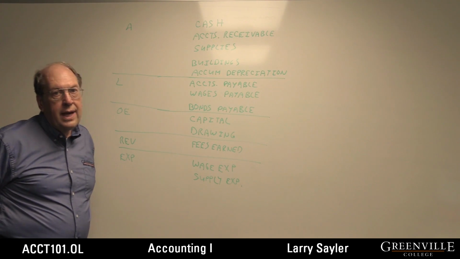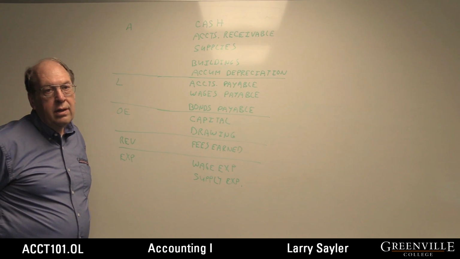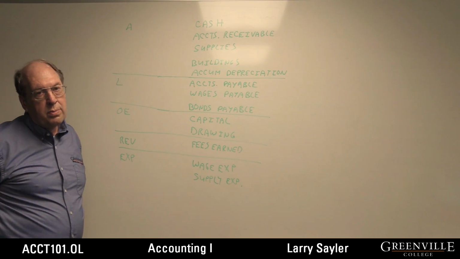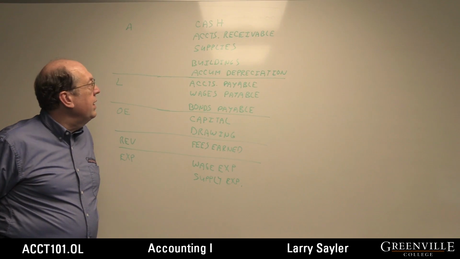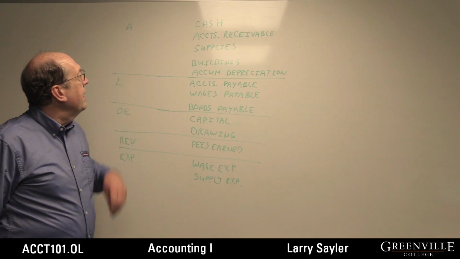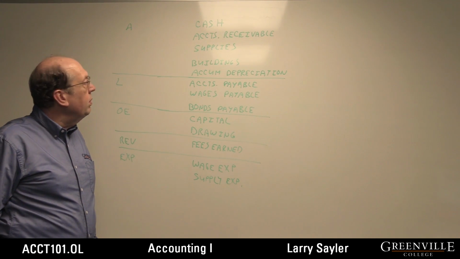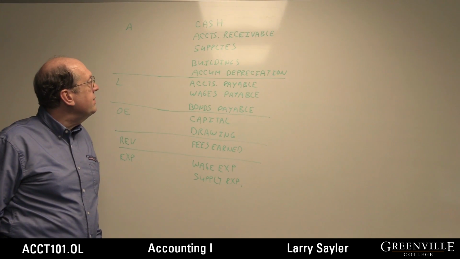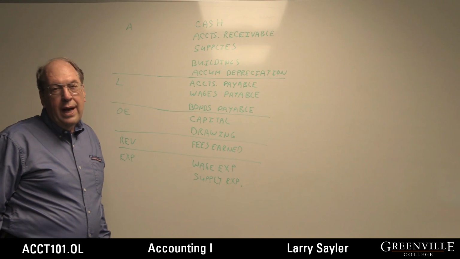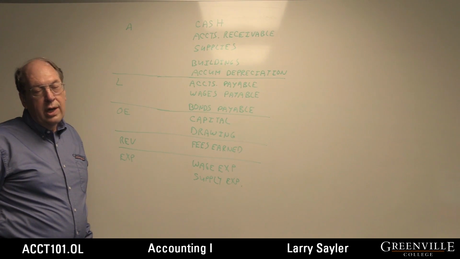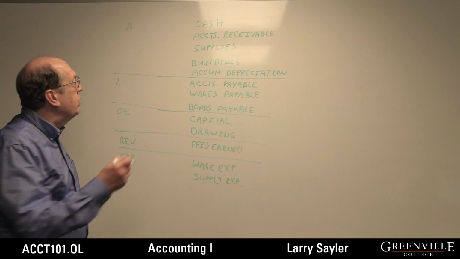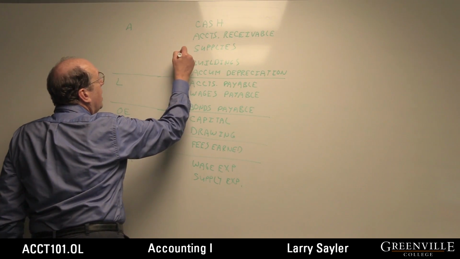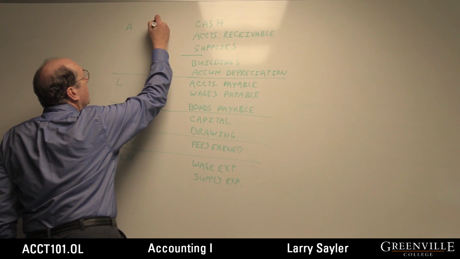There's 5 types of accounts: assets, liability, owner's equity, revenue, and expense. Now this time we add a little bit of modification. Typical asset accounts are cash, accounts receivable, people who owe us money, supplies, buildings, and last week we added accumulated depreciation. Now this chapter introduces the terms current assets, and current assets